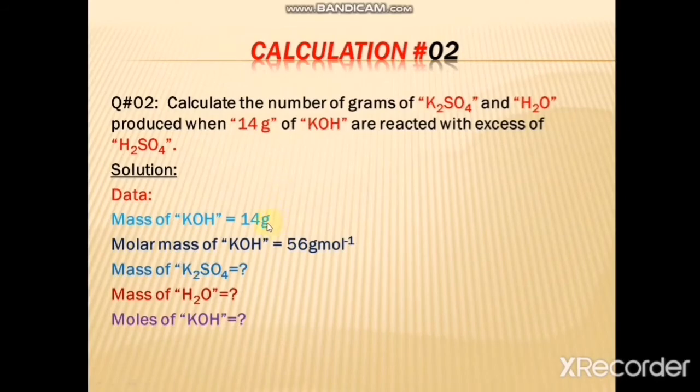So for this purpose, you will be in a position to know the masses and molar masses of the given compound. Mass of potassium hydroxide given is 14 grams and its molar mass is 56 grams per mole. Mass of 1 potassium is 39 and mass of 1 oxygen is 16 and mass of 1 hydrogen is 1.008 or simply 1 gram, sorry. So collectively it is 56 grams per mole.